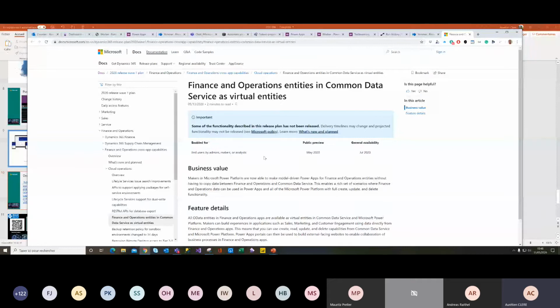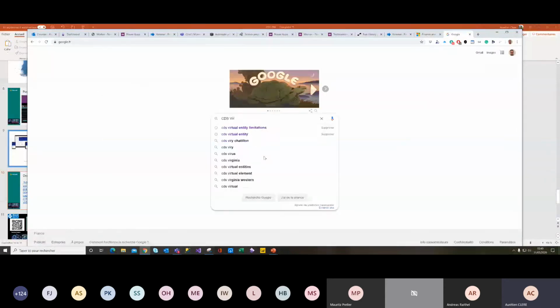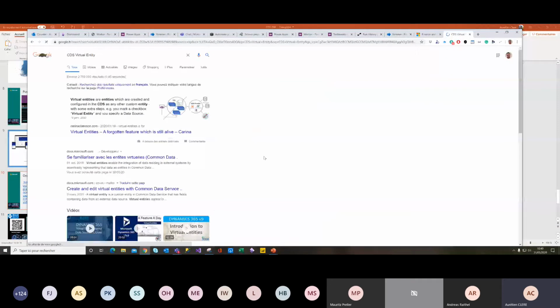So it will not require configuring what I showed you, the CDS dual write, etc. I don't know how it will work, of course, it's still in preview, but my main goal for you is really to be careful of which tool you use. I had some questions. It's a good way to go to CDS dual write because we will have this new feature without this